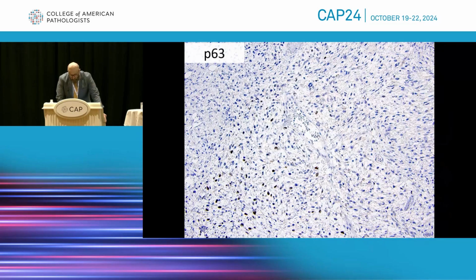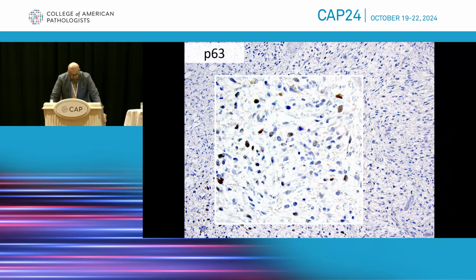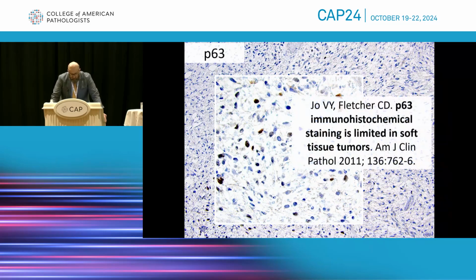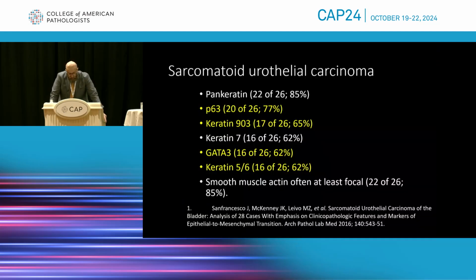Similarly, for P63, there's some labeling of some cells in the background there. And I always like to refer to this study by Drs. Joe and Fletcher, which suggested that it's pretty rare to have P63 positivity in actual soft tissue type tumors. And so in most cases, that would argue for a sarcomatoid carcinoma with some specific exceptions, like, for example, myoepithelial